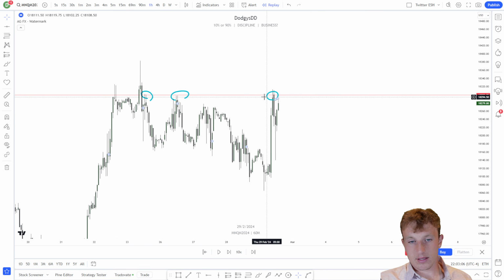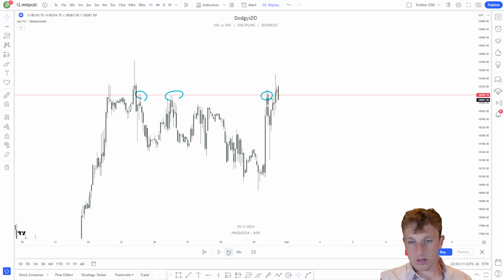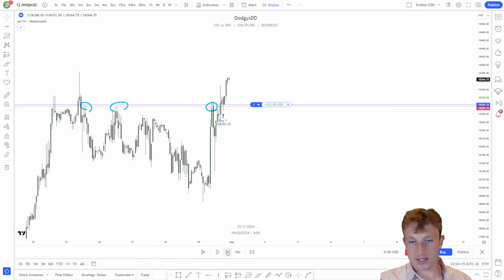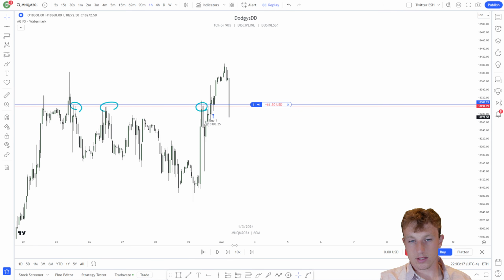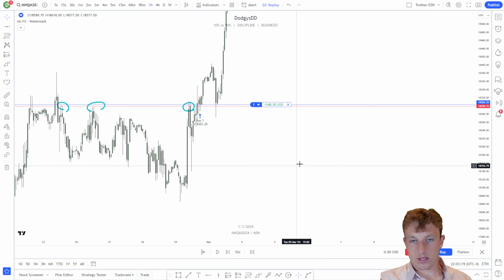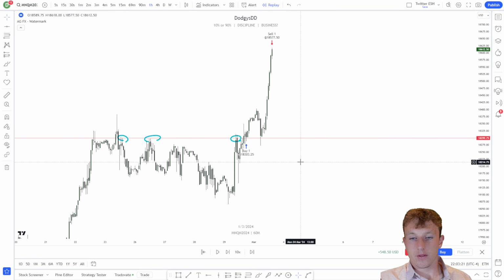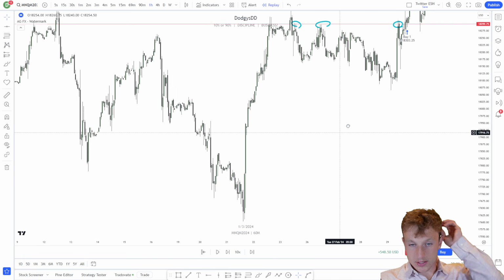So let's say I see price reject from this line 3 times, and then I say, oh, now price is kind of breaking it a lot more. I'm going to take a buy here because now I think this should act as a bounce spot, right? And you can just see how nicely that works. So it's important to understand that as well. Same thing with